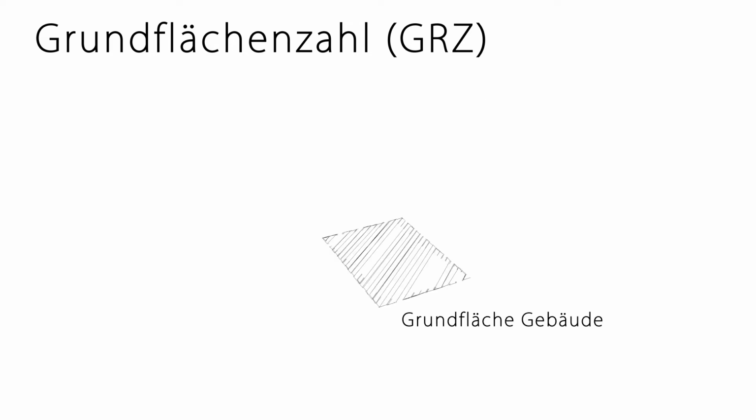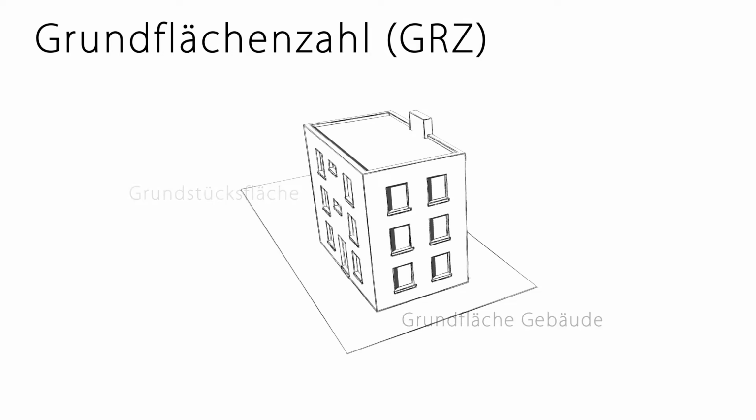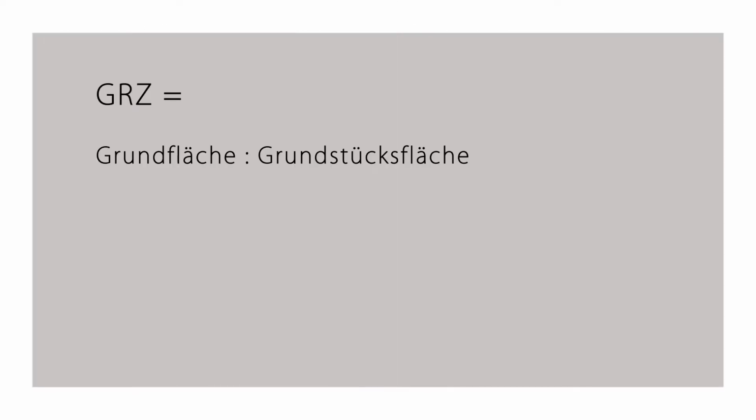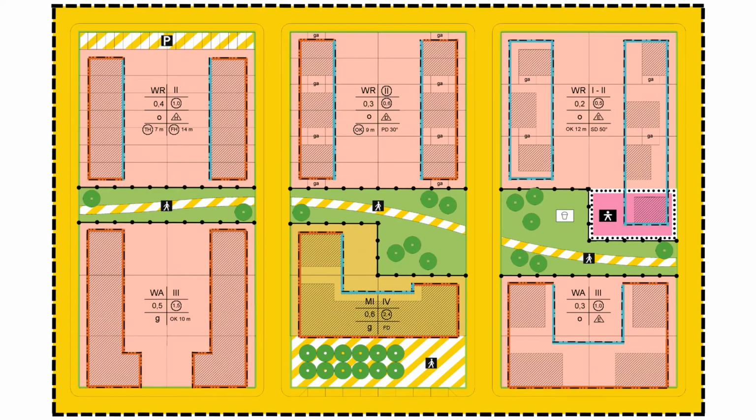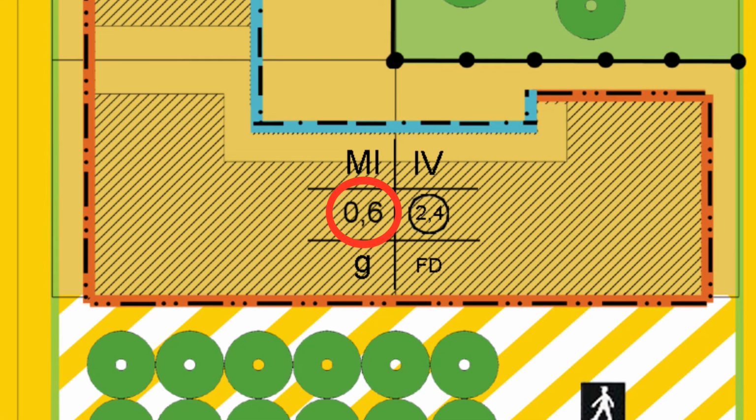The Grundflächenzahl, GRZ for short, is the ratio between the ground surface of a building, the area within its outer walls, and the surface of a plot. If you divide the ground surface of a building by the surface of the plot, you obtain the Grundflächenzahl. If, on the other hand, you multiply the surface of the plot with the Grundflächenzahl, you obtain the largest permissible ground surface of a building. The GRZ is not related to the number of stories or building height. A decimal number, sometimes supplemented with GRZ on a plot or within the Baukreuz in the Bebauungsplan, indicates the relevant